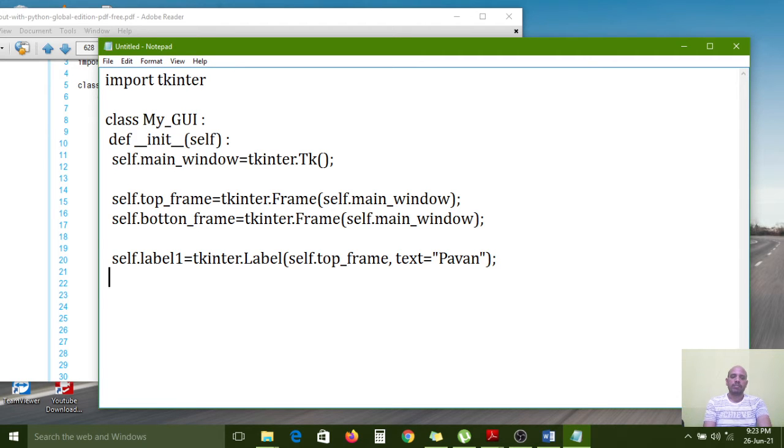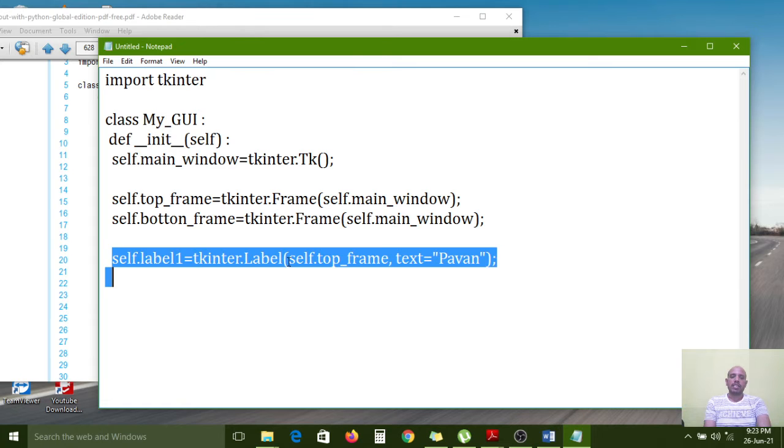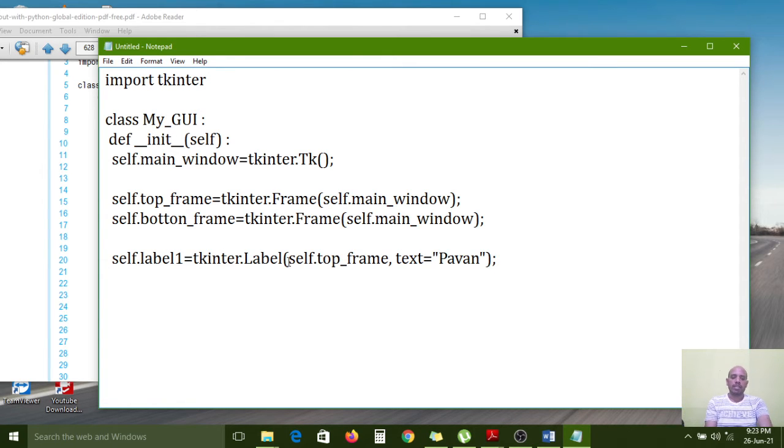Next, two spaces. Again the same, I am copying and pasting here, changing to label2. Here the text is Raj, right?